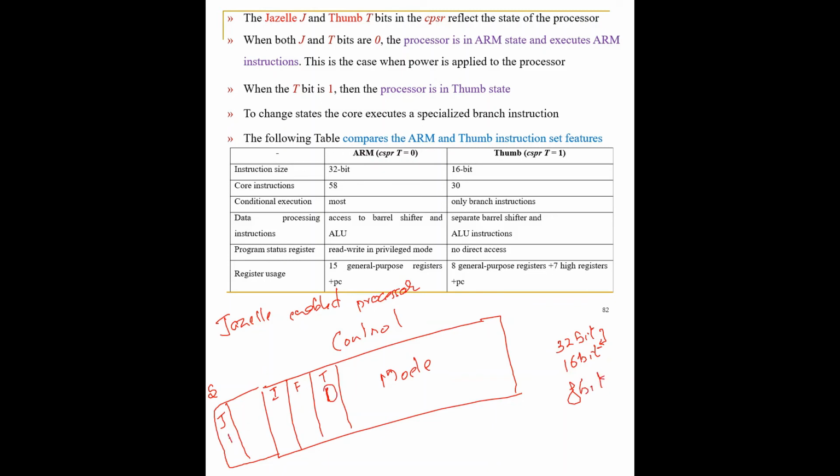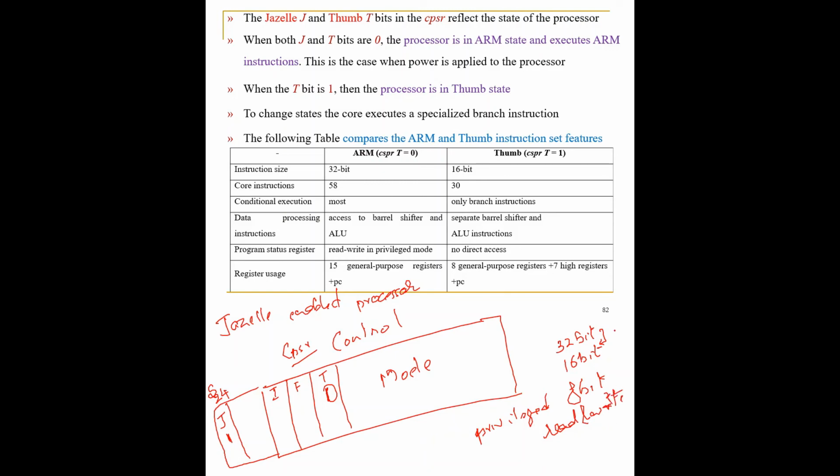This is actually the 24th bit of your CPSR. If you make the 24th bit of your CPSR 1, all the instructions will become 8-bit instructions, thereby speeding up the process. This is what I said: you can program the CPSR as per your requirement, but you have to make sure you are in the privileged mode, because privileged mode only allows you to read and write.